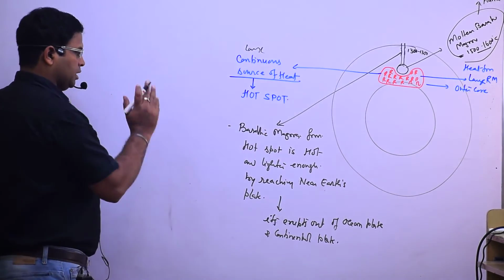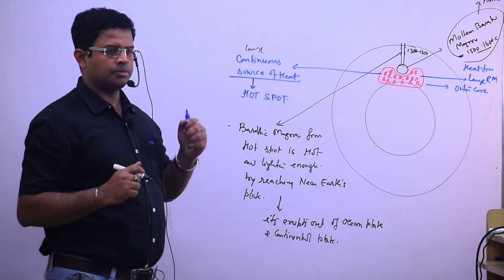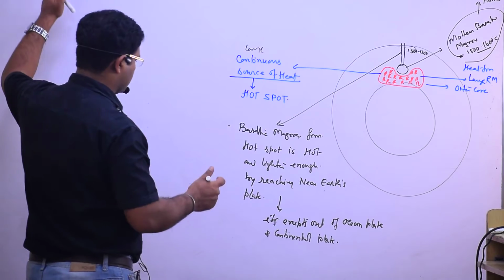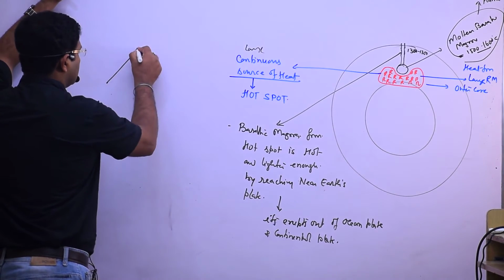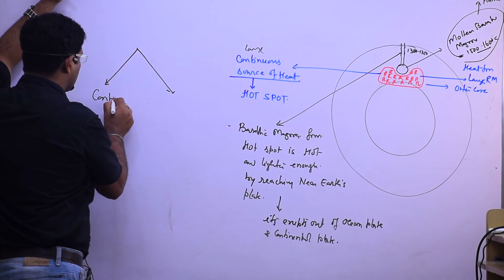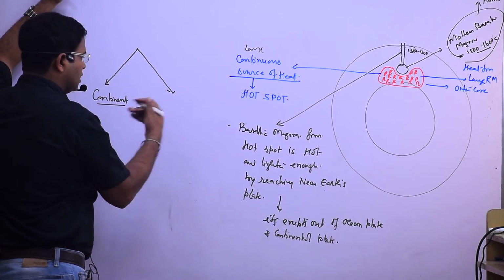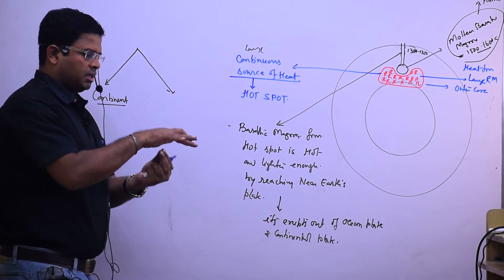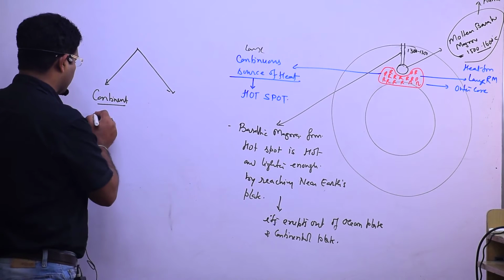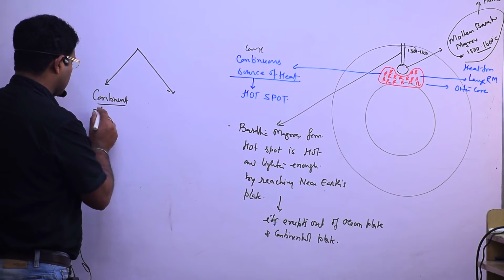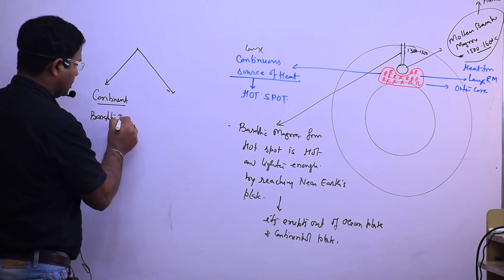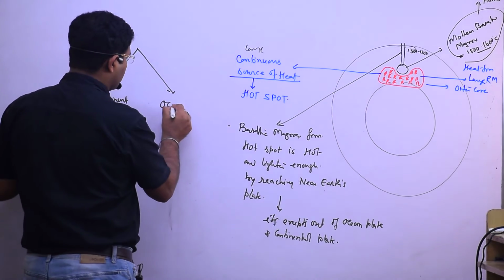Two things happen when this hot spot basaltic magma comes out. If it is happening on the continent, when basaltic magma comes onto the continent, there is a formation of a basaltic plateau. And if it is happening on the ocean,